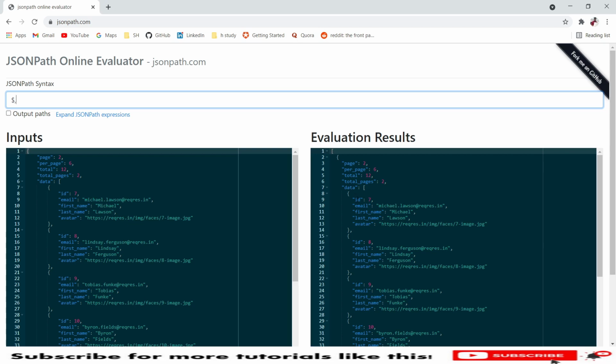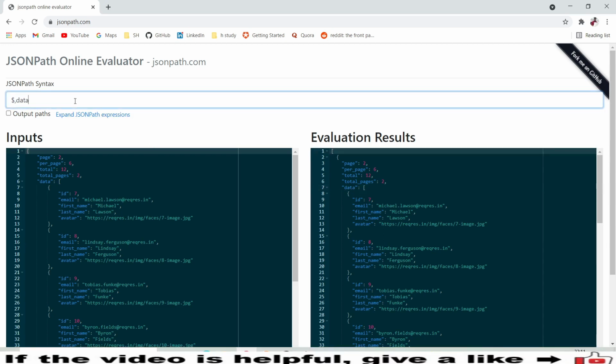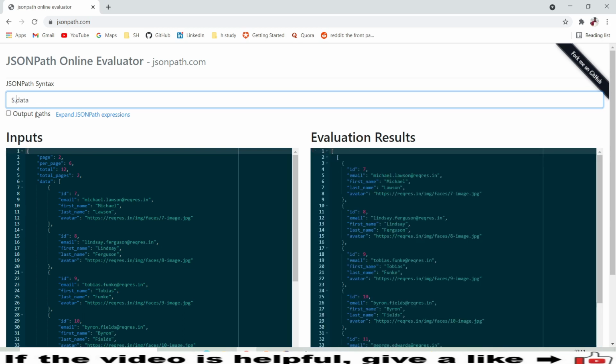So here I have a data array, and I need to retrieve all this data array. For that I will copy this data name and put it here. If I put a dot here and data, you will see it is filtered to only what is under this array of data.